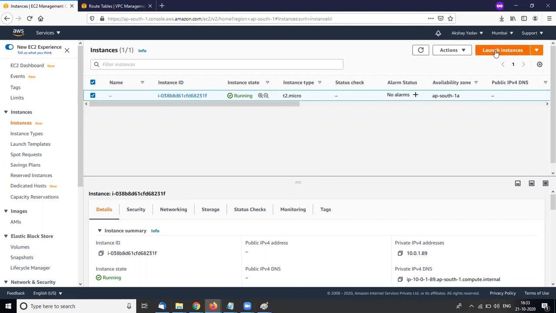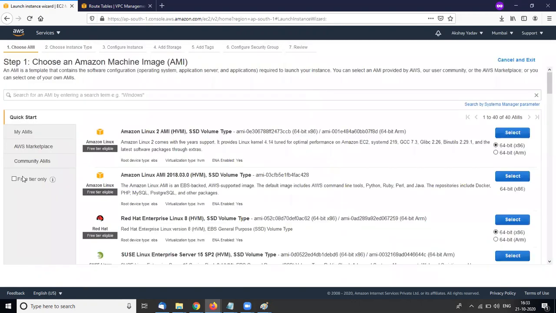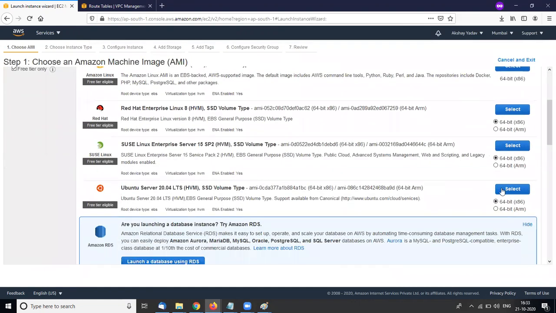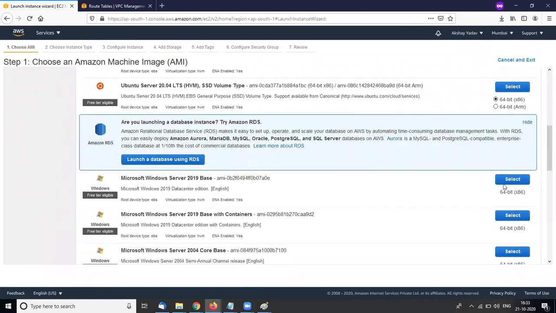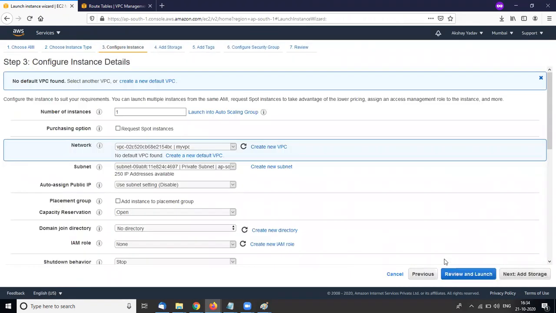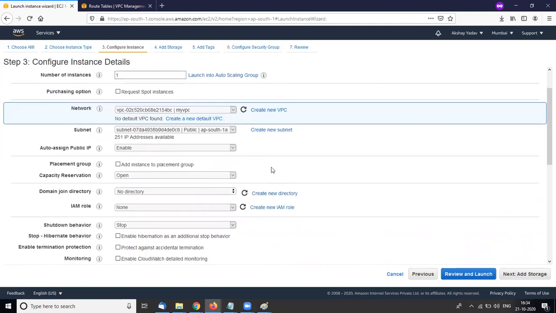Okay, I am launching another instance with internet access. So I am using the 2019 base server and click next, and then subnet is public, enabled.